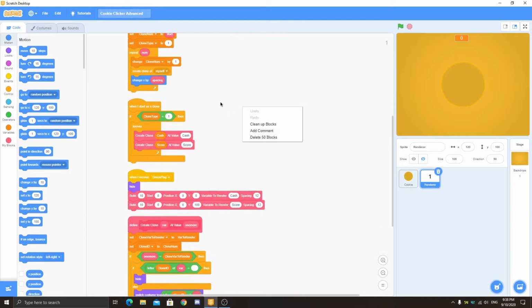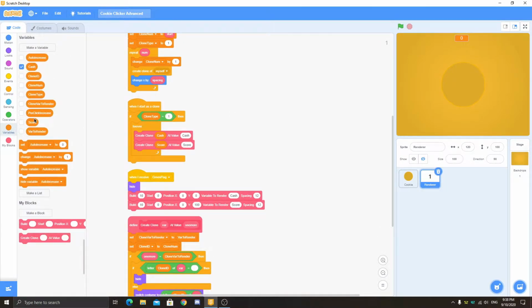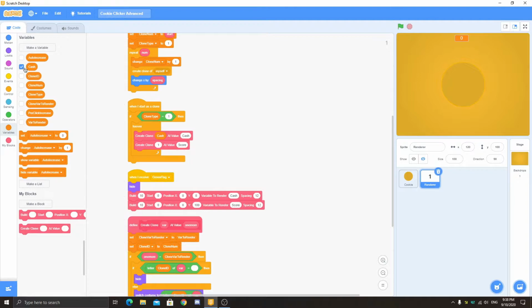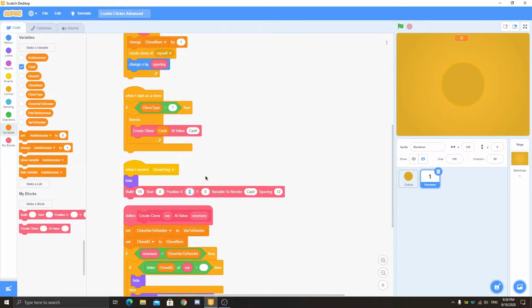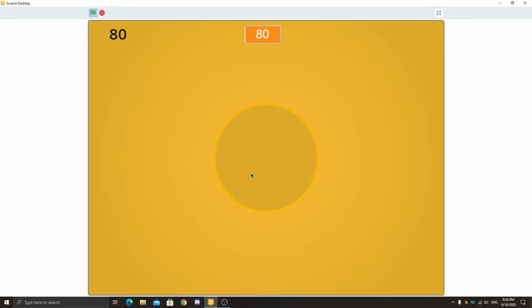You can just remove the score variable as we don't have the score yet, and leave the cache variable. Here you can see, remove this from here and this from here. And now we have the script, and now just put in the coordinates you want. I am just making it shown, and you can drag it to check the coordinates as you want. So -206 and 159. Here you can see this is now 0, and it is now rendering.